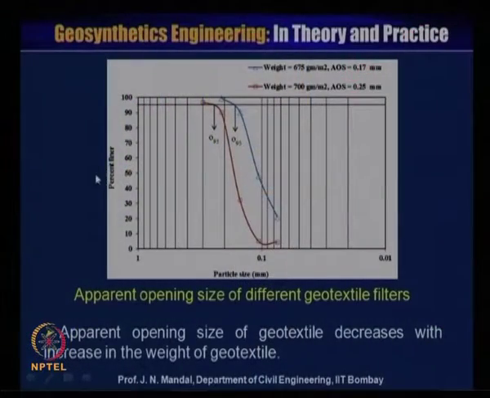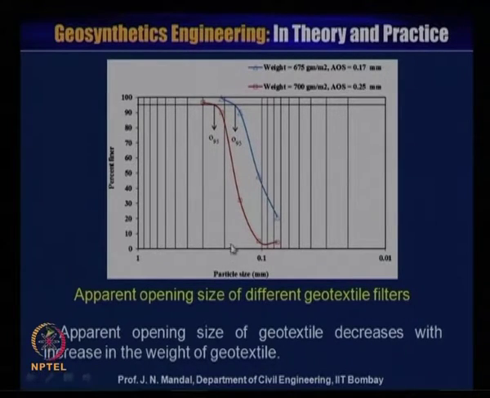This is the test for the apparent opening size of different geotextile materials, with percentage finer on the y axis and particle size in millimeter on the x axis. Here this is showing a weight of 700 gram per meter square, and you can see this is the O95.